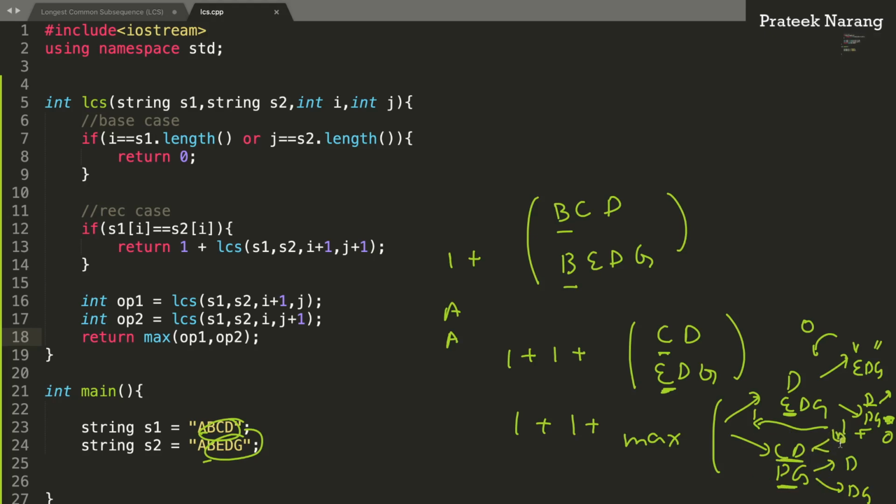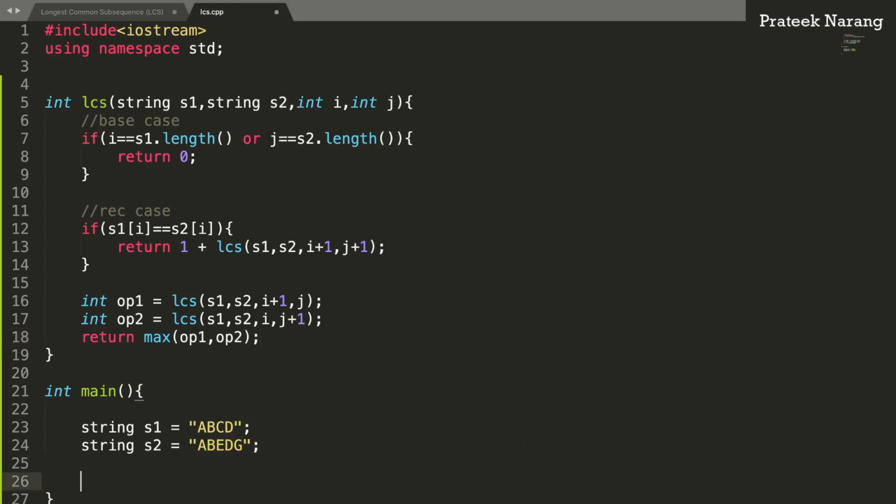So you can see you're actually creating overlapping subproblems. That means this can be optimized using dynamic programming. Similarly for this problem, d would be common, 1 plus 0, so you would return 1 here, right? So from this branch you would be getting 1 and 1, and the maximum is 1, so the answer would be 1 plus 1 plus 1, that is 3, right? So this is how you're going to get an answer 3 in this particular case.